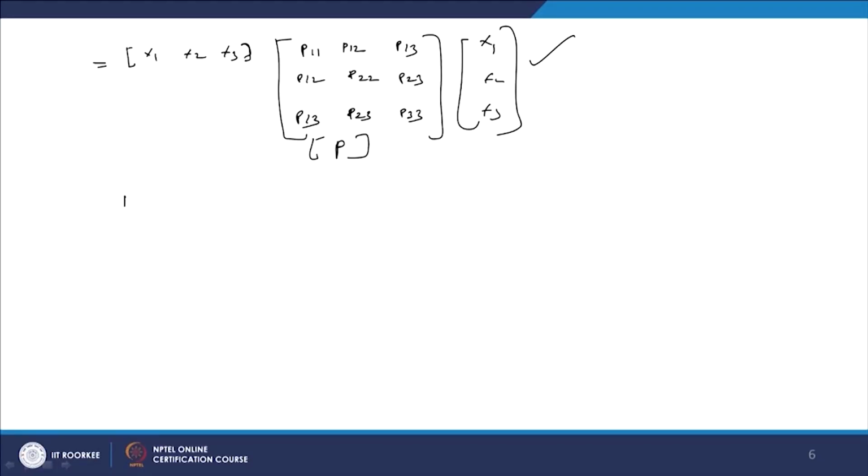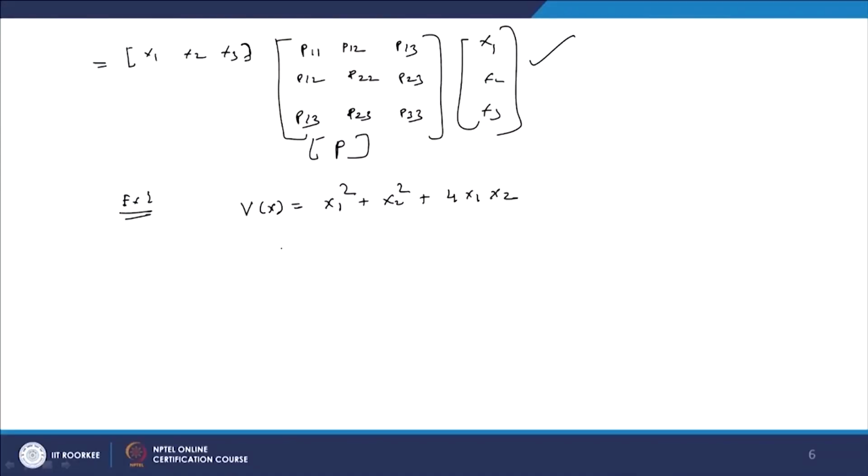Suppose, example 1, we have a quadratic function V of x equal to x1 square plus x2 square plus 4 times x1 into x2. From this quadratic function there are two states. Now we want to write this in matrix form, in terms of a real symmetric matrix. So here we can write this as